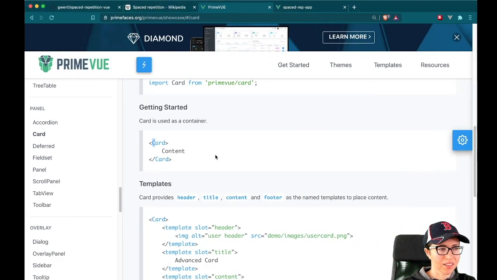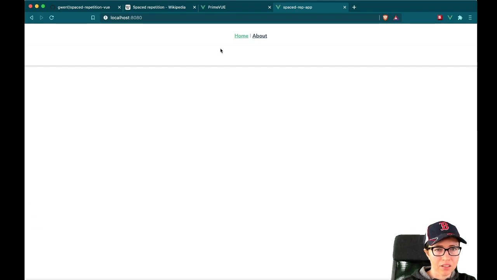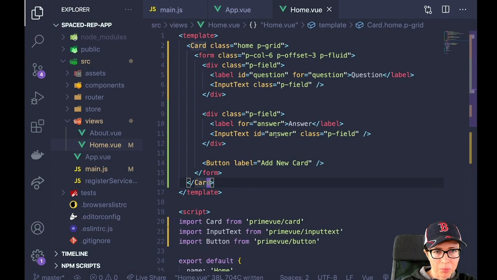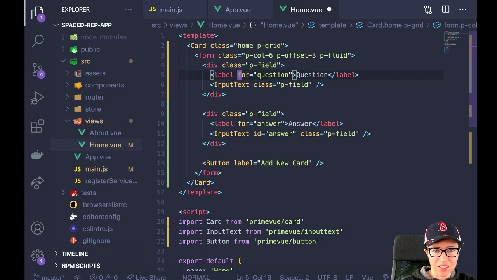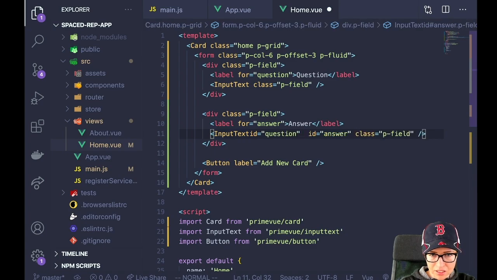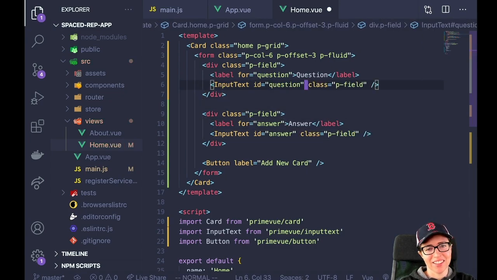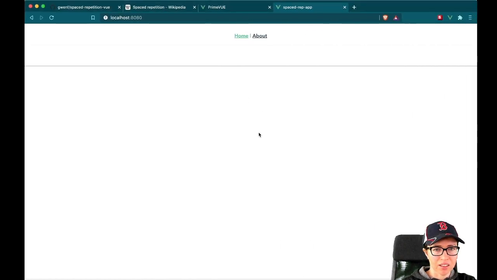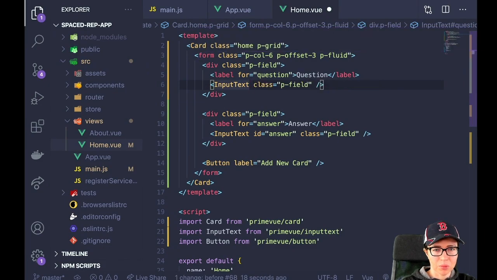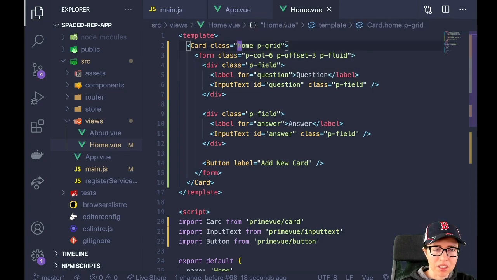Let's see. Okay, there's the card, but it didn't like that. So maybe I can't pass in classes like this to it. You said I put an ID on the label? Oh yeah, you're right, I did. Thank you. So undo, okay. Oh, what am I doing? It goes here. Okay. Thank you. P home grid form. Alright, so that looks okay. It's not showing up in the card, so I think, oops, redo that. So I think what I'm gonna do is change this back to a div,